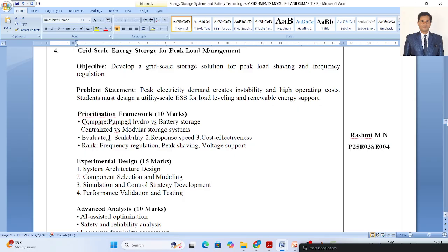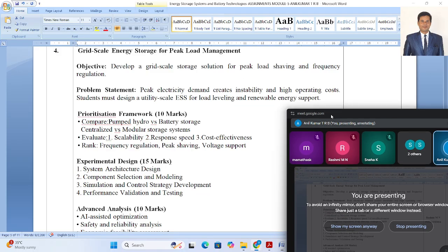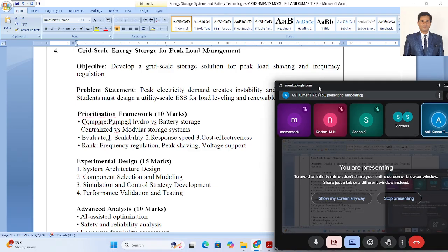Okay, if you did not understand that concept in the sessions, if you have been absent, no problem. So please try to go with the IEEE papers. You'll understand how to develop the grid scale storage selections for peak load shaping and frequency regulation, right? That is what we have discussed, isn't it? Uday, have we discussed it or not? Peak load management. Mamta. Okay, did we have the discussions on this peak load management? Did we, sir? Peak load management.